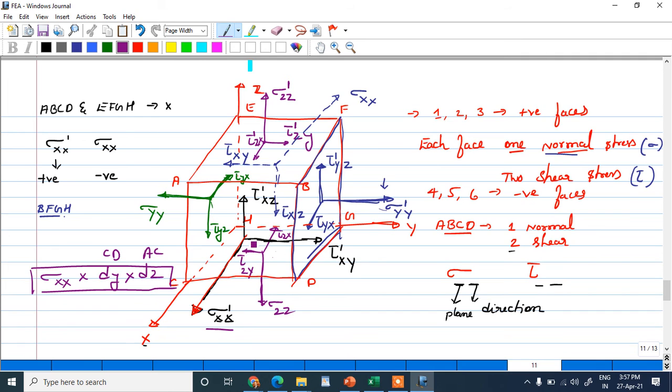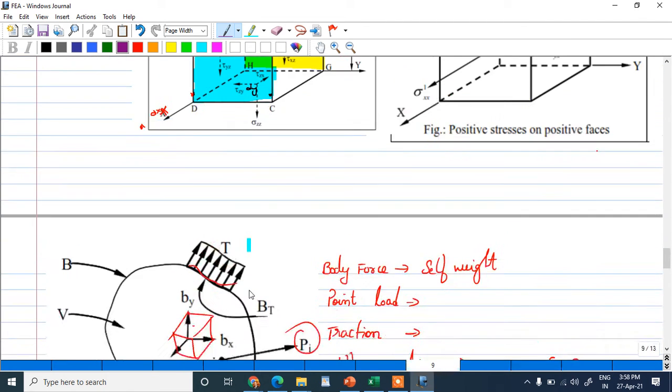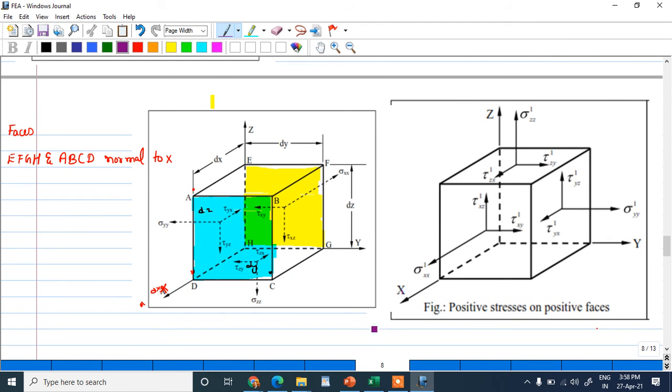Now we have to understand which stresses are acting in x direction. For that, it is very easy to identify. Wherever you have the second suffix as x, you need to consider it. Those in solid line are positive stress, and those in dotted line are negative stress. Now we can write that. For ease of understanding, I will just copy this. You check here.